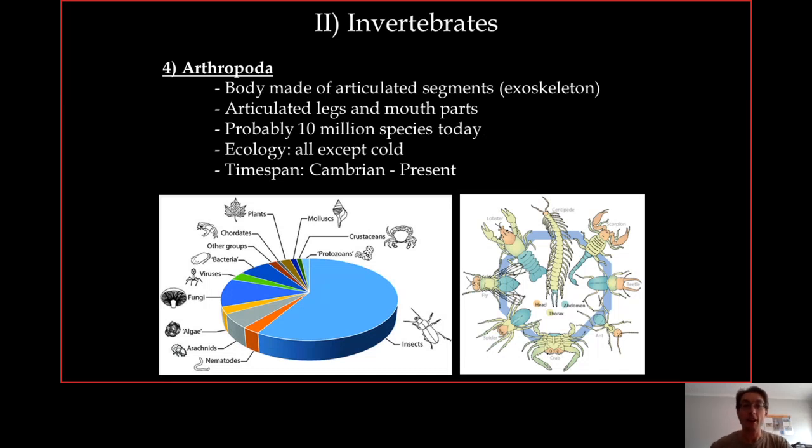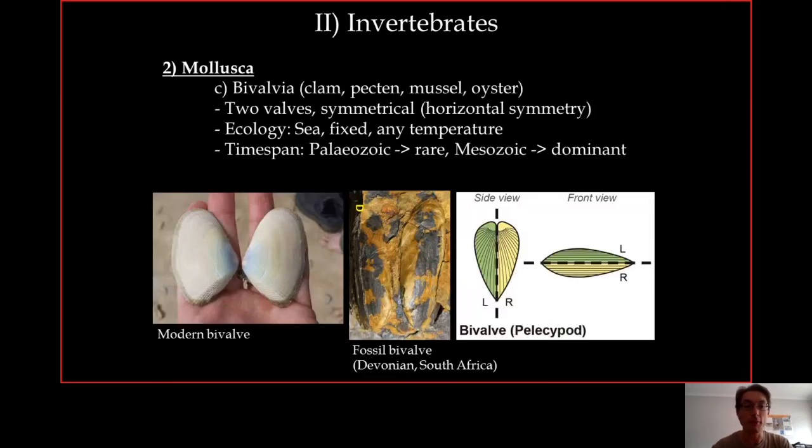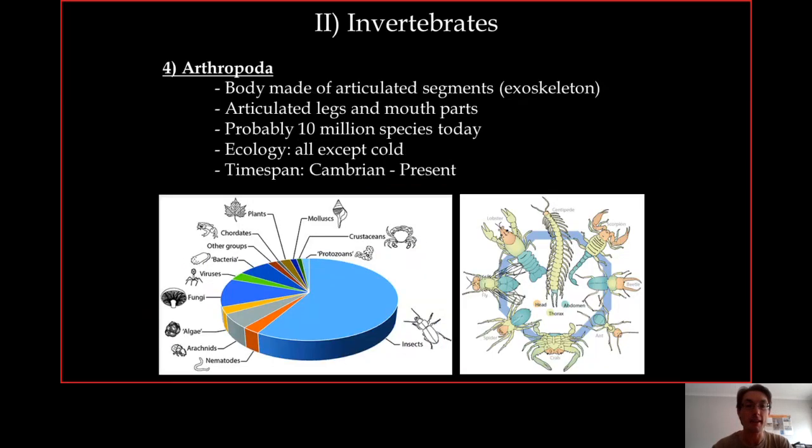So now we change completely of invertebrate group. So we were looking at the mollusks, we were looking at the brachiopods, and now we look at the arthropods. So the arthropods are your typical creepy crawlies, like the insects, the shongololos, the scorpions, the dung beetles and stuff like that. So the arthropods